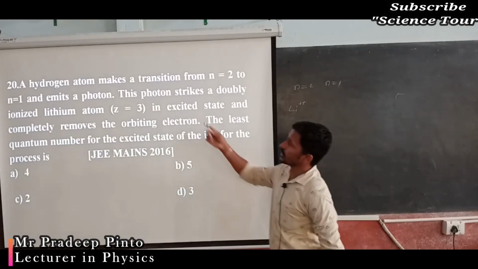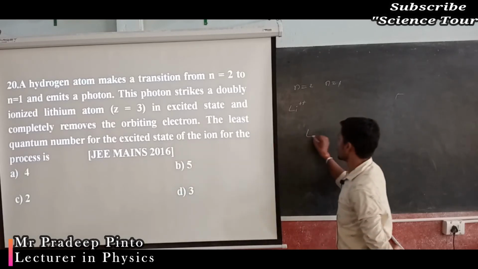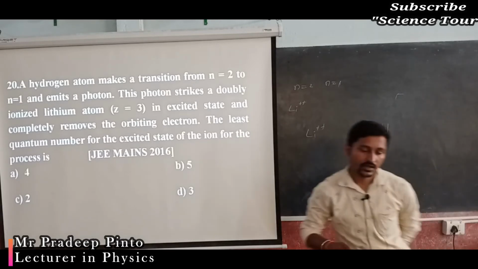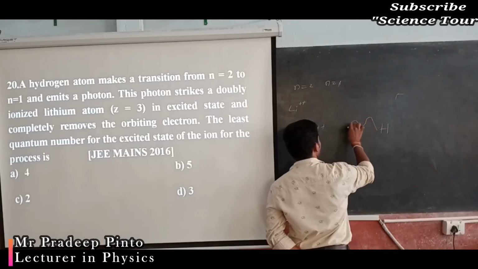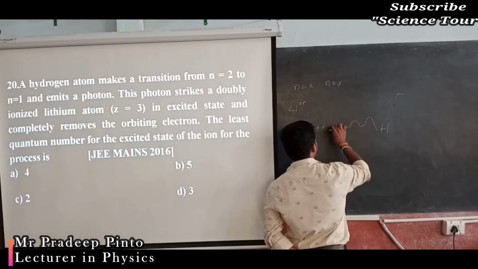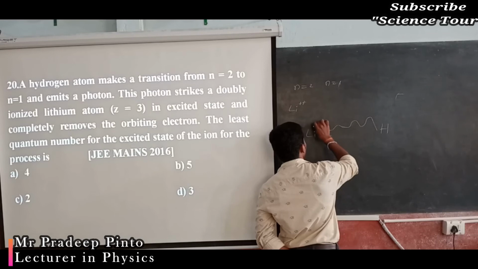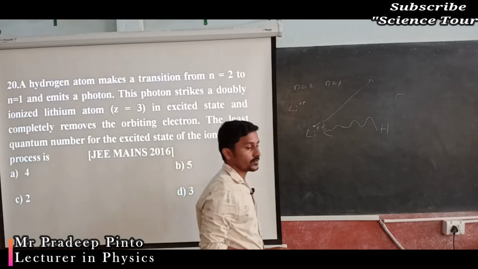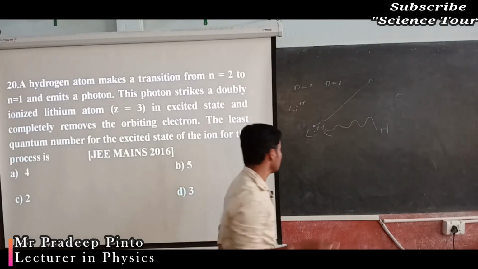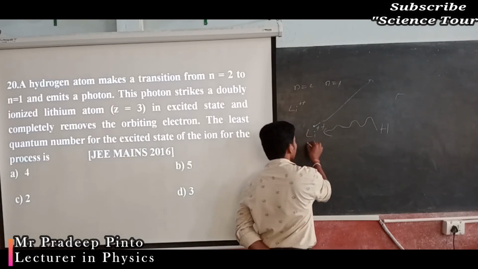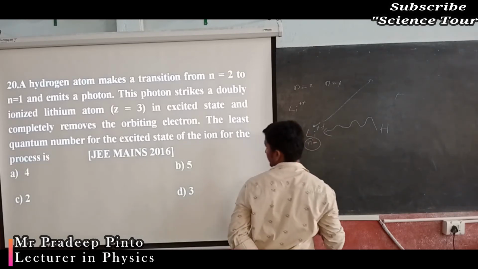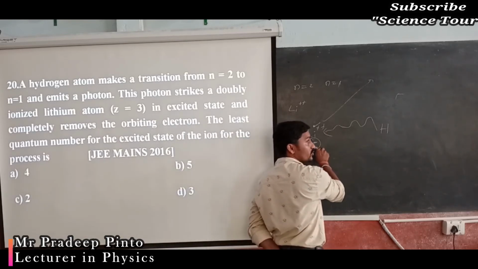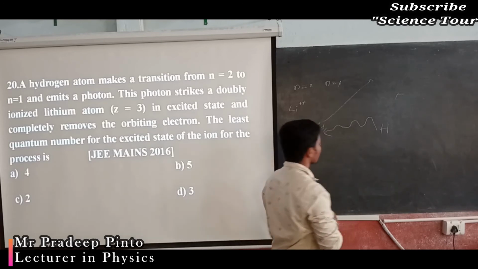Now first I should know what is the amount of the photon energy. See, now the simple scenario I am going to tell you. So doubly ionized lithium is there, here hydrogen is there. Now one photon comes from the hydrogen when it jumps from n equal to 2 to 1, and that will strike here and will remove one electron to infinity. You have to find out, if it has to remove this amount of energy, which quantum number it should be, whether it should be n equal to 1, n equal to 2, or n equal to 3, that you have to calculate.